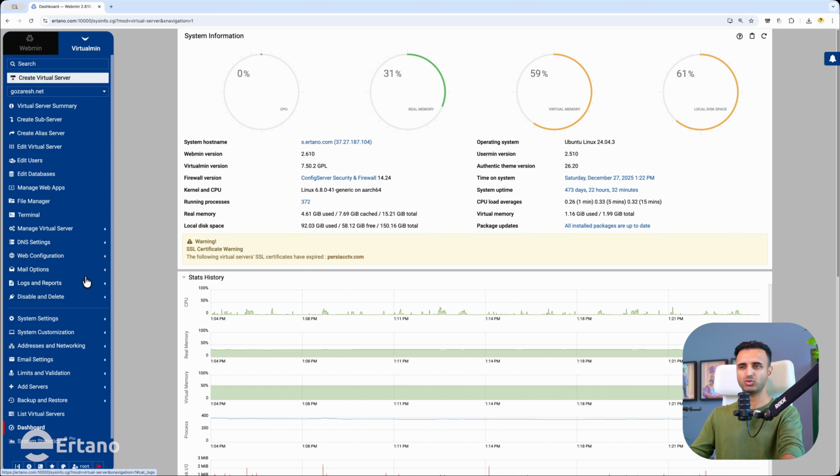Webmin or Virtualmin server. If you have your own dedicated web server and you want to host your own website on your dedicated server, for example, on this dedicated server I have installed Webmin and then Virtualmin on my server. I'm using this control panel for all of my websites because number one, it's free, number two, it's open source and it's secure. It's using Nginx as a web server, so it's good to host your own website on your